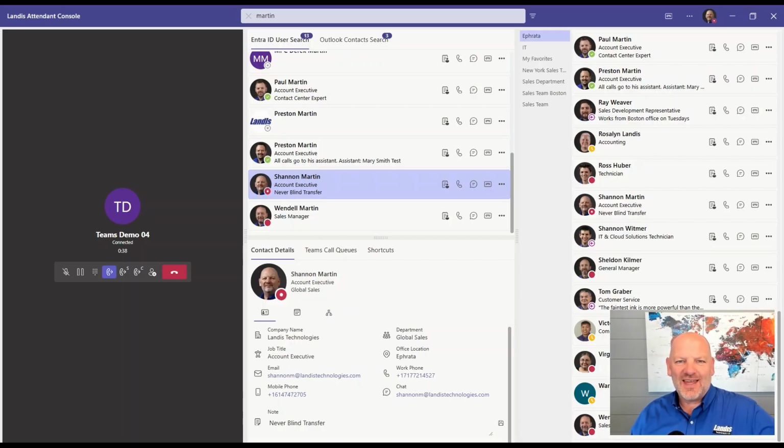Our spotlight today is going to be about using contact groups within Landis Attendant Console. So we're talking about these groups over here on the right side. They're groupings of my internal contacts, the people that I could transfer calls to. These will be set up however it is that you think about your organization. So you might divide them by location, or job title, or team, or department, however it is that you think